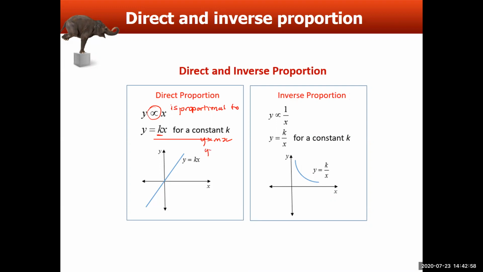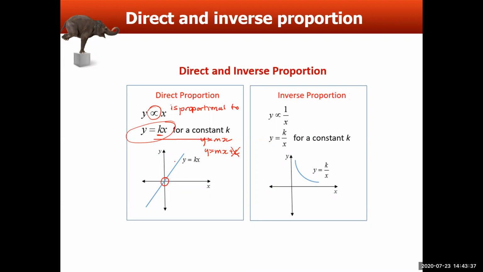Because you know that the equation of a straight line is y equals mx plus c, where c is the y-intercept. But if there's no value of c, we know the y-intercept is 0, 0. So directly proportional relationships are not only just straight line relationships with increasing gradient, but there's also that condition that they pass through the origin so that we have that particular form of the equation, y equals kx. Now that means as x is increasing, y is increasing, and by the same amount each time,